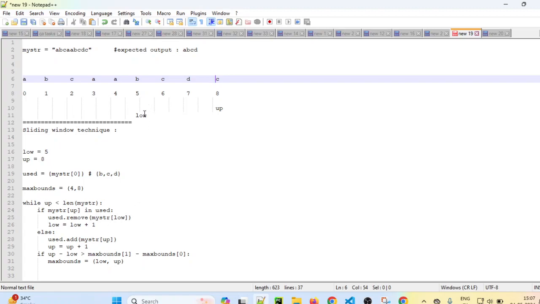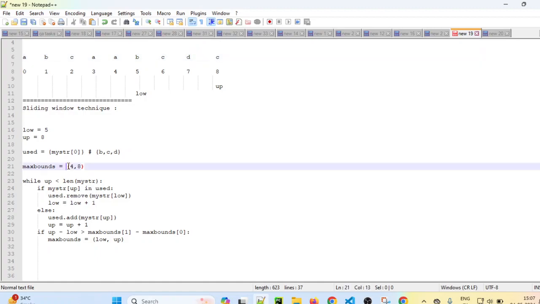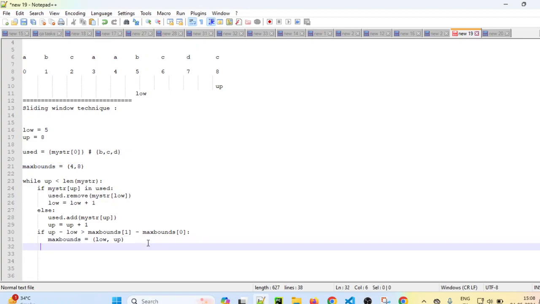So this iteration will keep going. In the next iterations, low value will become plus 1, plus 1 and plus 1, and at one stage we will come out of this loop. After the last iteration, it will come out of the loop, but max bounds values are going to remain 4 and 8 only, because if you keep applying these iterations, the conditions will keep happening, and at the end we are going to return. So at the end, we will simply return